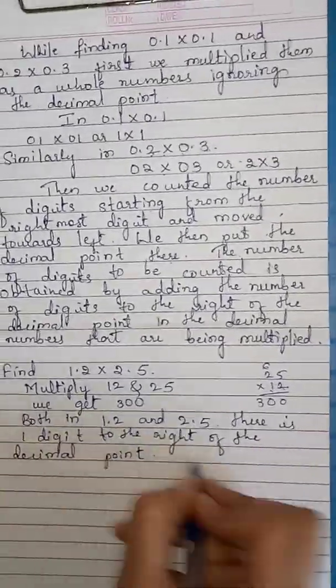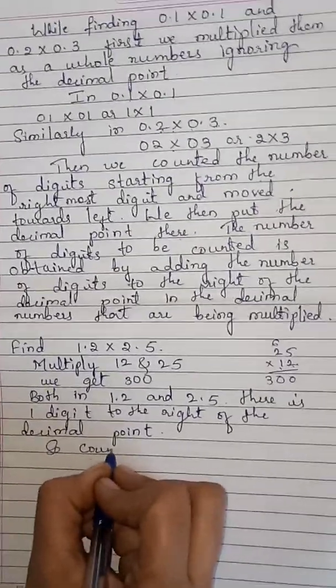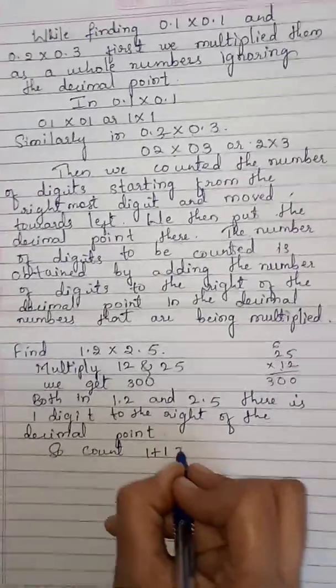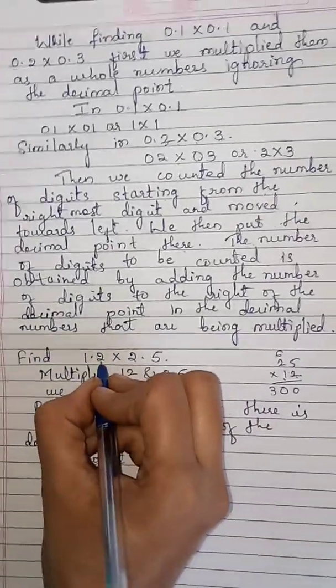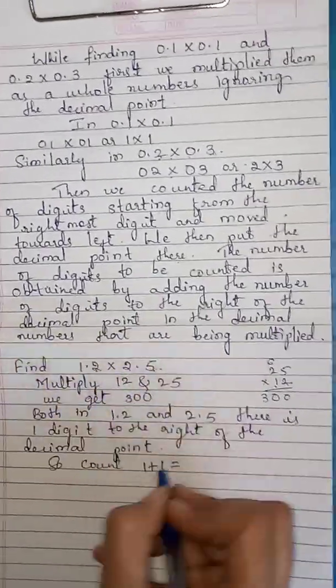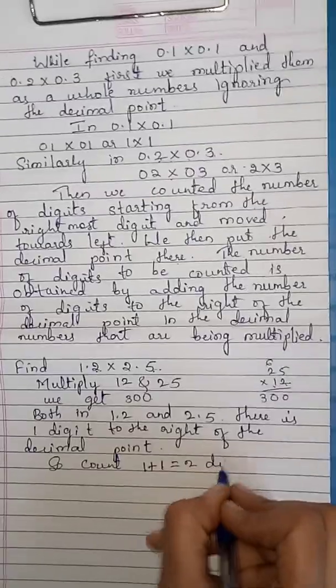So you count here. So count 1 plus 1, that is 2, means here also 1 digit is there in the rightmost place, and here also 1 digit, both are 2 digits. 1 plus 1, that is 2. 2 digits